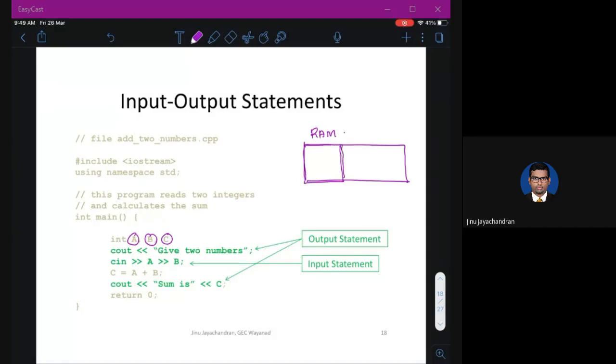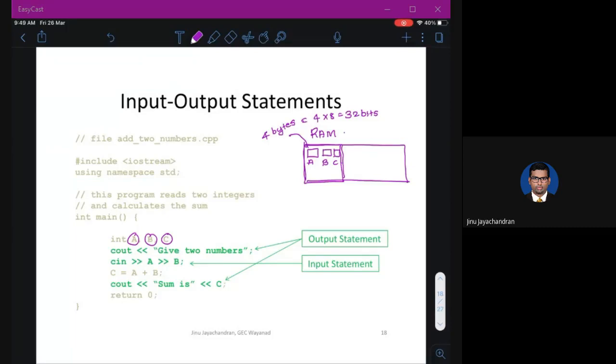When you declare a variable, the program allocates a particular memory for each of these variables. This is A, this is B, this is C. If it is int, it is actually 4 bytes of memory. 4 bytes means 4 into 8, 32 bits. It depends on the compiler, but usually it is 4 bytes. So 32 bits means you can store a 32-bit number in that location.